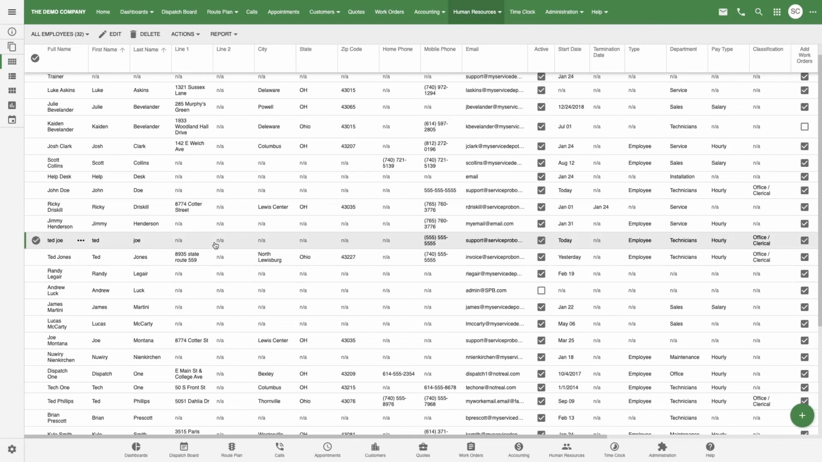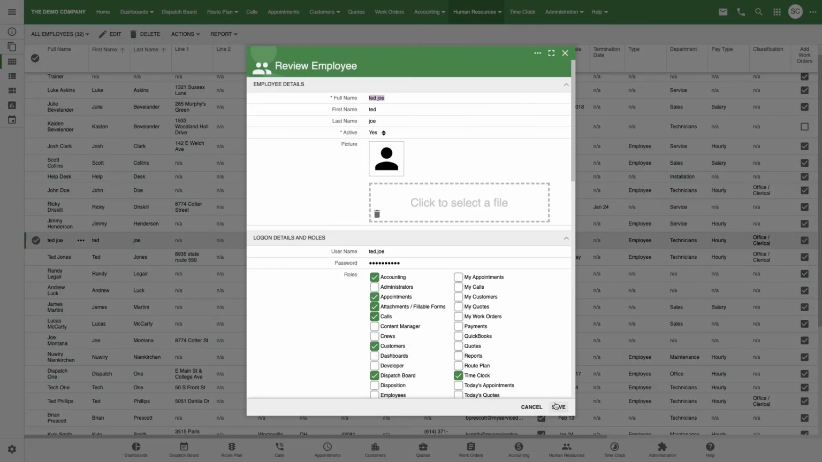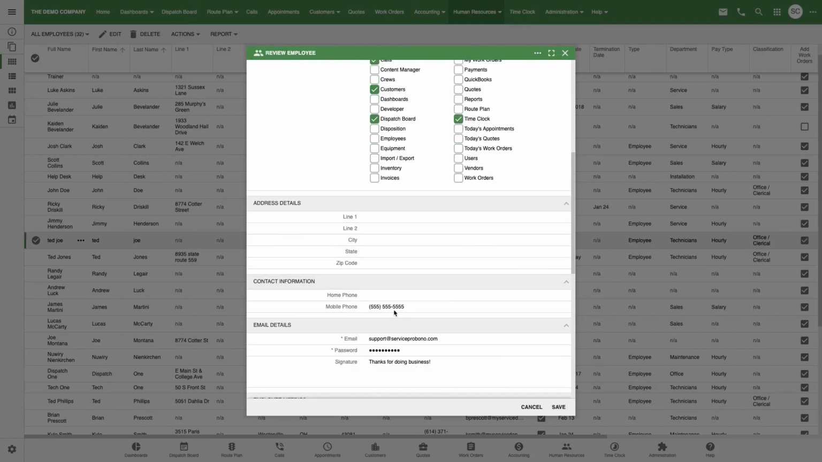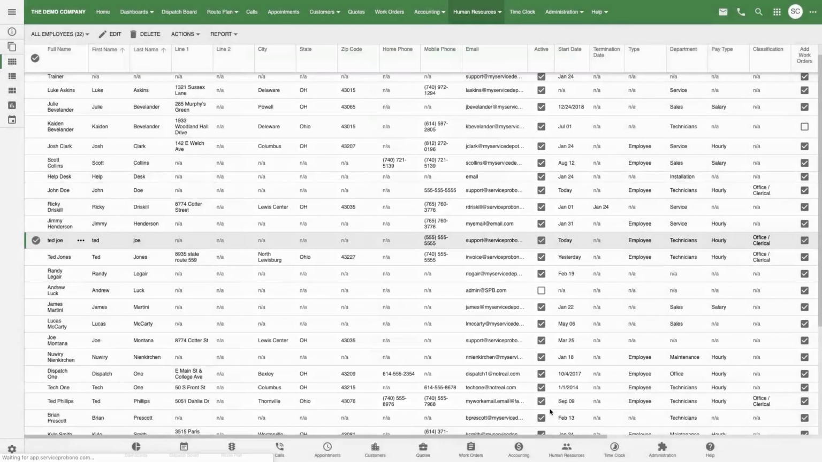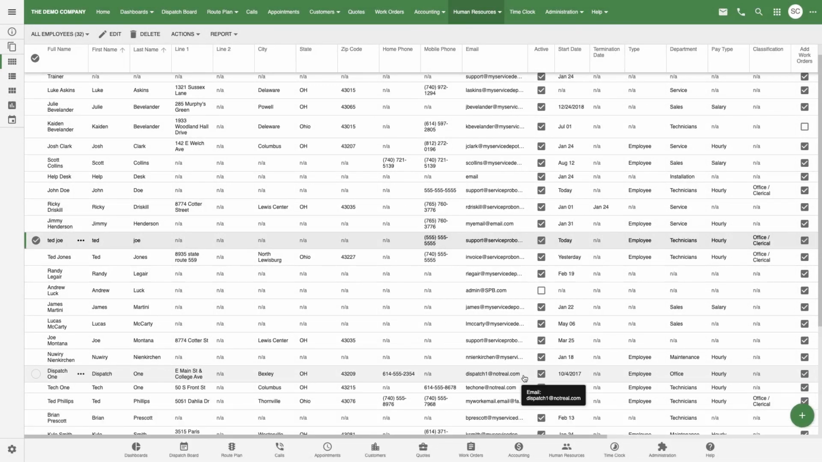Now, if there is something that you need to change, say you inputted some info and you're like, oh man, that phone number is one digit off, just simply click on the employee, come down here to edit, and then find the mistake or the typo and correct it, and then hit save again, and then it'll update that information. That pretty much covers going through and creating an